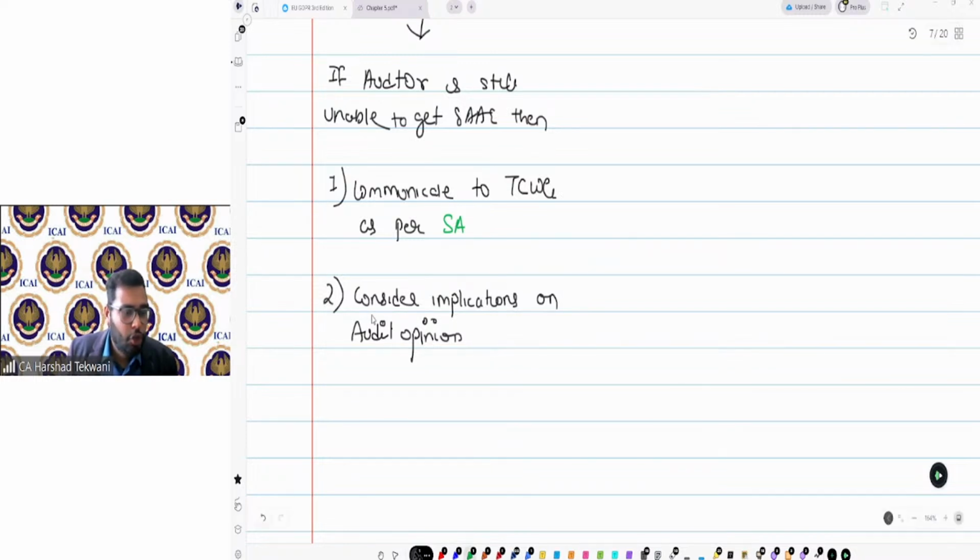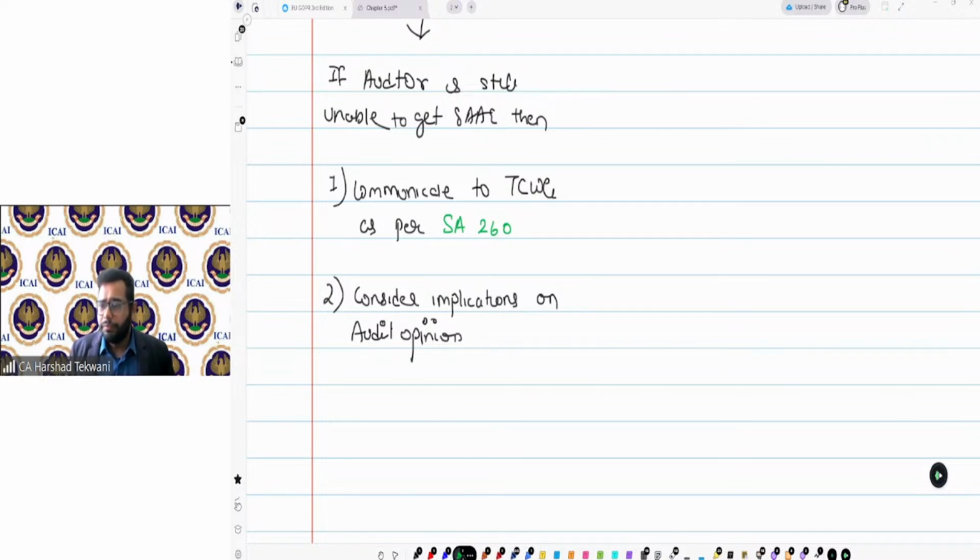So it is SA 260, not 250 or 265. SA 250 is not on communication, it is on the consideration of laws and regulations. And 265 is specific to internal controls. When I talk about 265, it is communicating deficiencies in internal control. But when I talk about 260, it is communicating a lot of matters to those charged with governance.